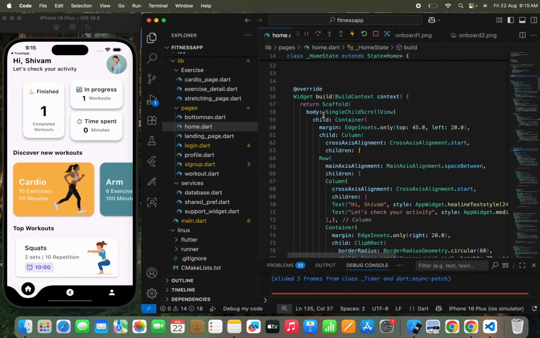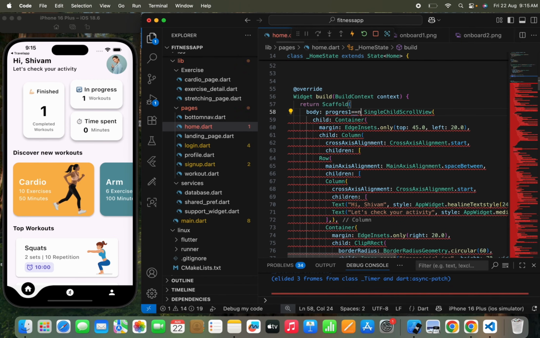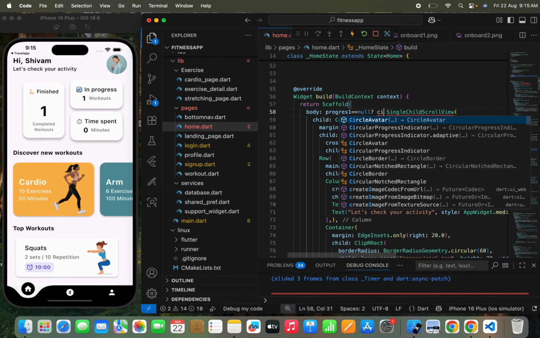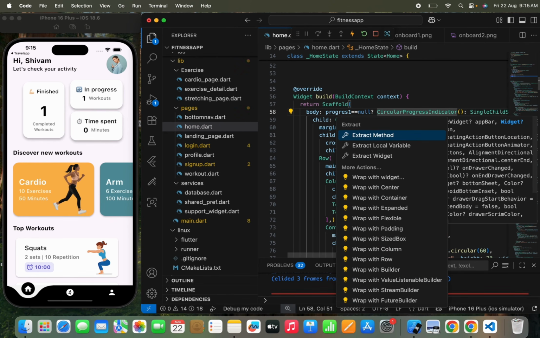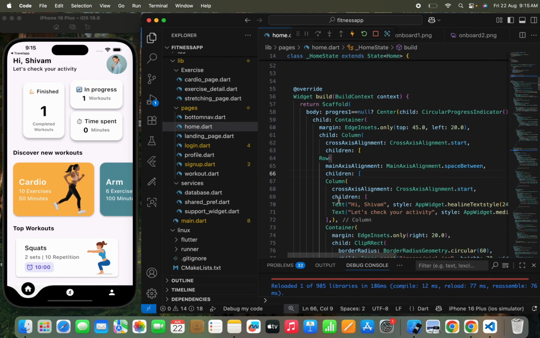Now to handle this case, I'm going to do one thing. We'll check if the progress 1 value is equal to null, meaning we haven't fetched the progress value from the server yet. Then we are just going to show a circular progress indicator to tell that it's loading. Once we get a workout completed value, here you can see that we have got all the